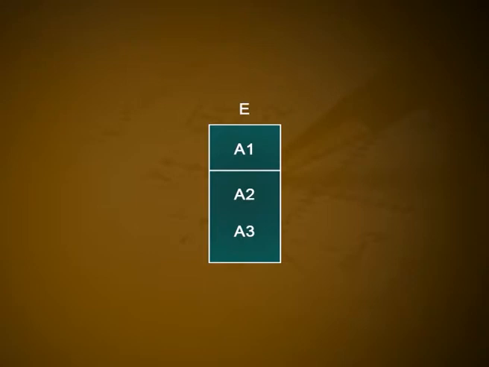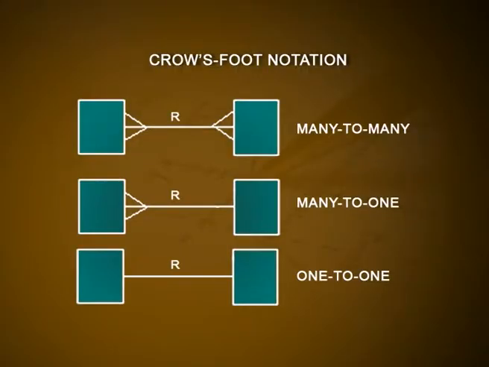Since there is no universal standard for ER diagram notation, some may use the alternative notation. Here, an entity set may be represented as a box with name outside and the attributes listed one below the other within the box, like given in the figure. This means that E is an entity set with attributes A1, A2, A3, where A1 is the primary key. The mapping cardinalities can be represented in an alternative notation called crossfoot notation as given in the figure.